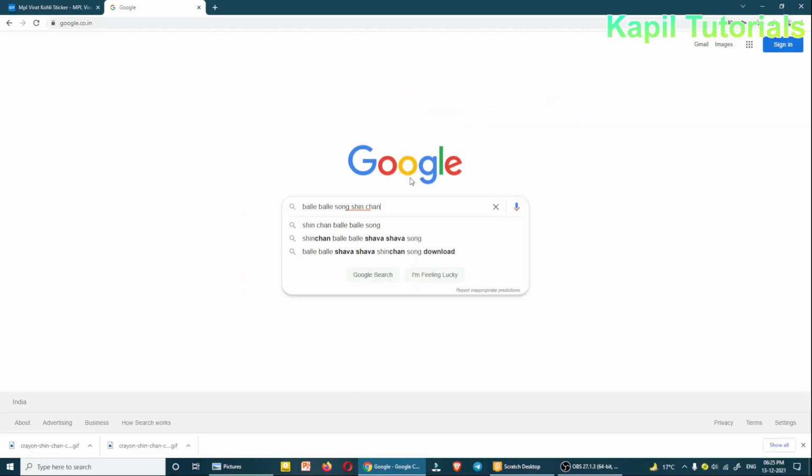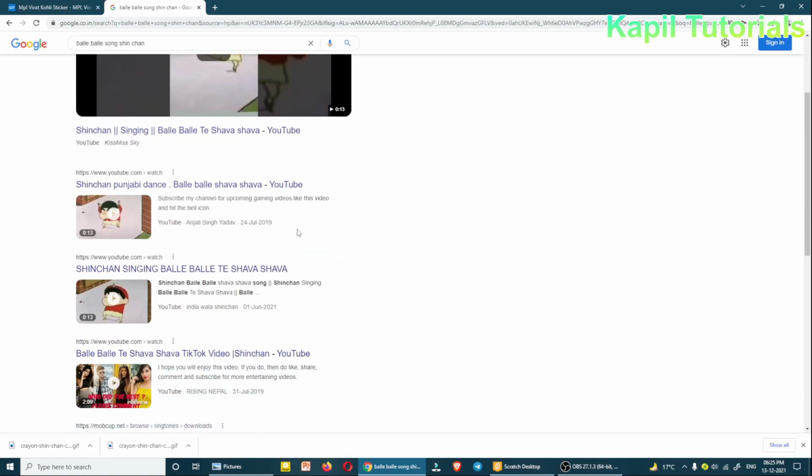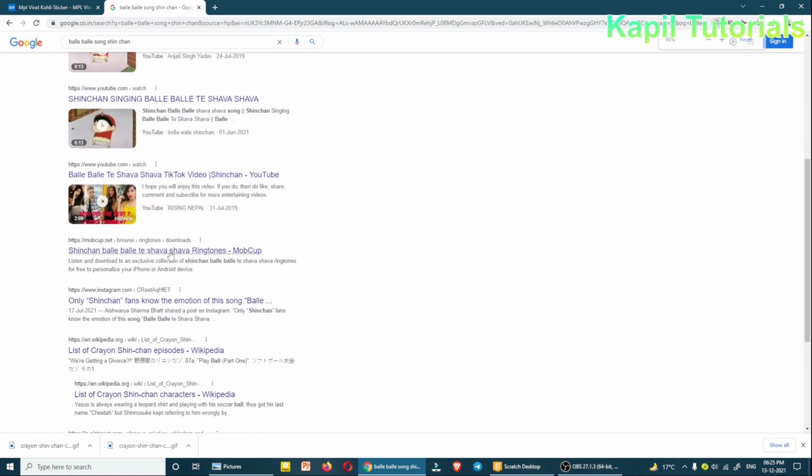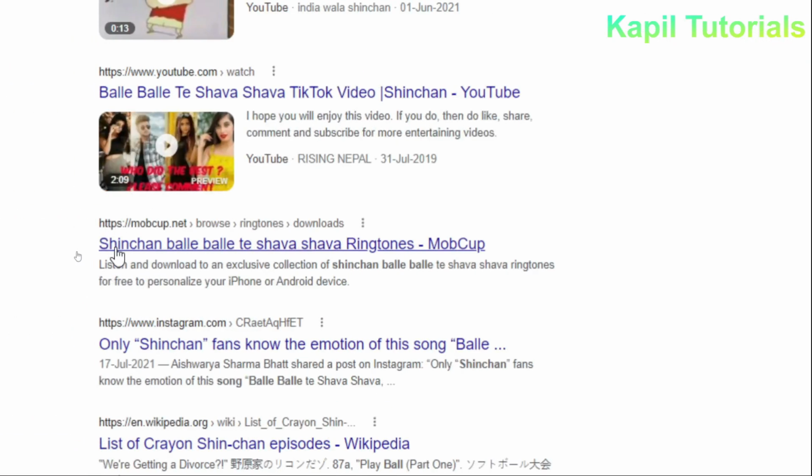Under Google I'm finding. So here are the options, and here you could find, because I have downloaded from here, mobcup.net Shinchan Balle Balle Te Shawa Shawa ringtones. So I'll click on this. Although you can find the song from anywhere, I have used this site, so I'll just click here.